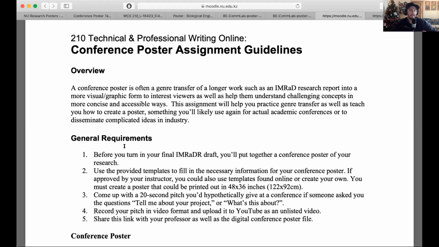In this course, we teach you some important genres with IMRAD and design-based ones, and we teach you genres that we think you'll actually use in real life, like the resume and cover letter, research report. We do a couple of different design-based stuff, like the technical instructions. You might not actually create technical instructions in your real life, but you're learning important concepts there, right? You're learning concepts of design and proximity and chunking and contrast and white space and all these different things